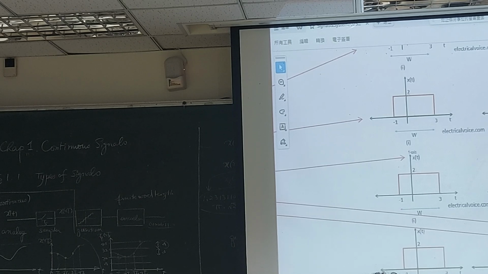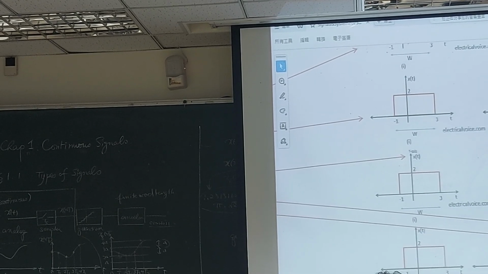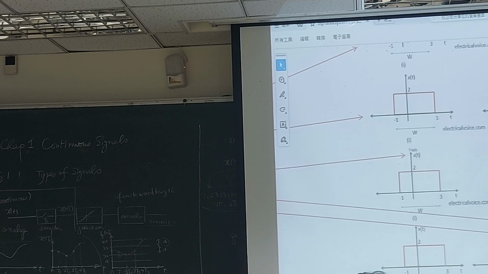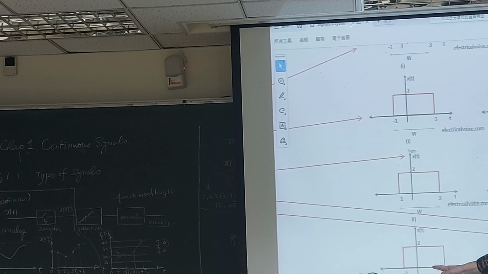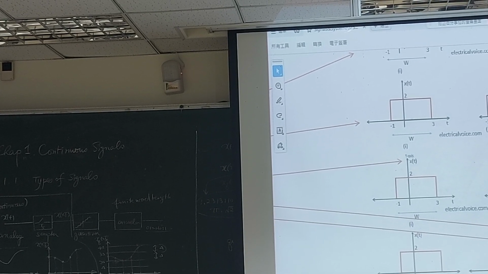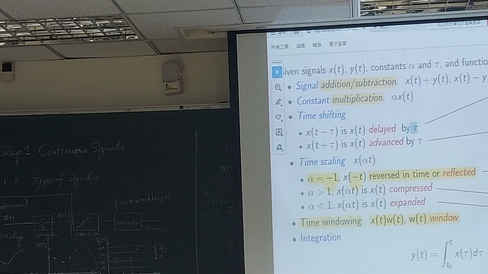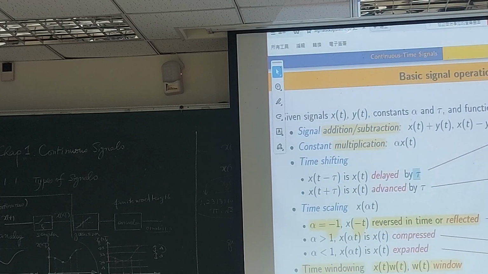Again, we are given a signal x of t. Now if I multiply the t by 3, so actually compress the signal. Okay? Compress the signal. And then if we multiply the t by 1 over 2.5, that's about 0.4, right? Then we expand the signal. So this kind of operation will be seen later on, and which is very commonly used. All right? Okay. So let's look at